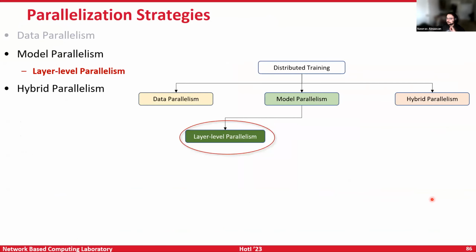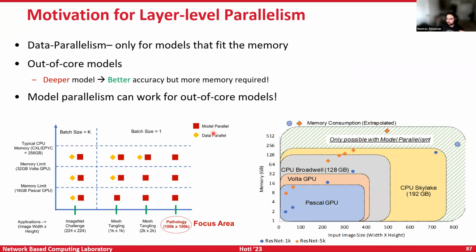Okay, so we talked about the first scenario, where the model is small to mid-size. What if the model is too big and cannot fit in the memory of the single GPU? Then we cannot use data parallelism by itself. We'll need some sort of model parallelism. So let's explore the first type of model parallelism called layer level parallelism, and then we have subcategories under it. In general, layer parallelism allows you to split the model on a layer basis when the model is too big, and the model can reach